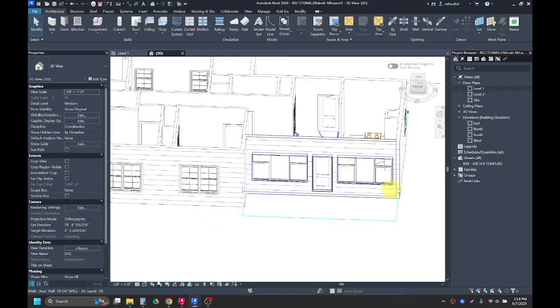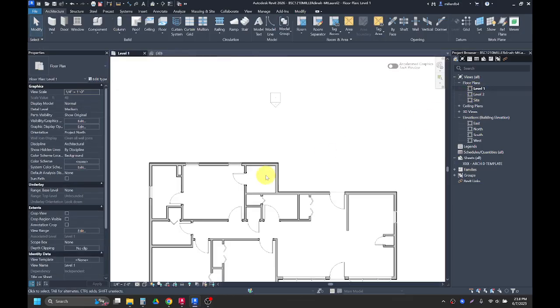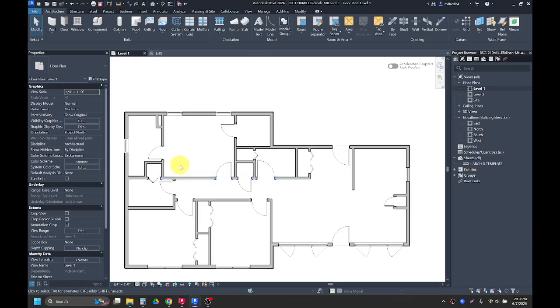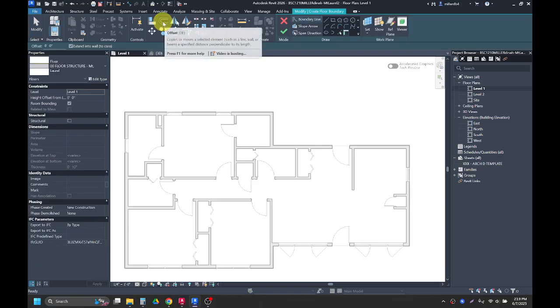Back in my level 1 floor plan, I'm then going to go around and just add in interior finishes for my different rooms within my building here. So I'm going to put in my bathrooms, I'll put in some tile, and in my bedrooms, I'll put some carpet in, and then the rest of my building, I'll put in just plain wood floor. So the way, again, I like going about making floors is a little different than some other tutorials you may see. But now that I just have that structure in, I'm going to go back into the floor tool,